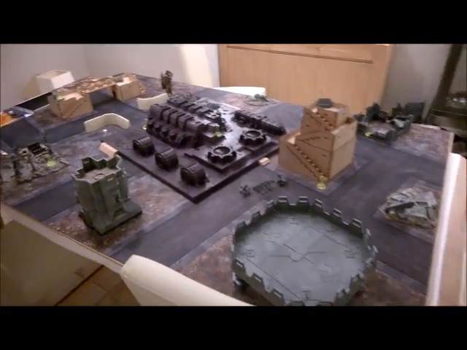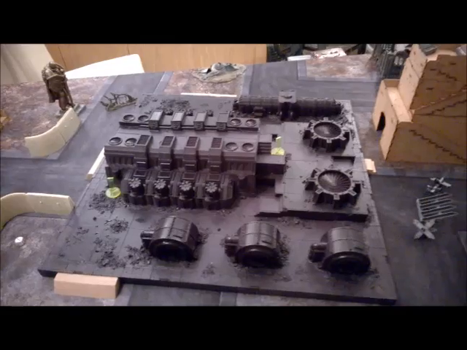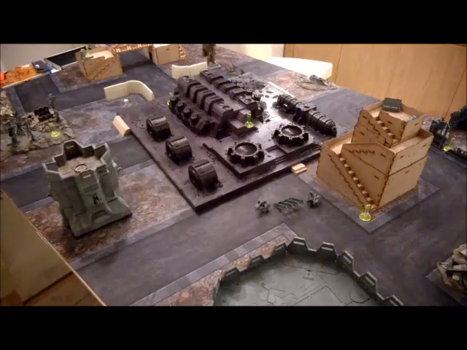We're playing at Paul's lovely new house today. He has got a table set up and he's got lovely new terrain. Look what he got for his birthday. It's a Forge World Manufactorum sector. That's right, yeah. Excellent. So, as usual, we have made up a special mission to use the new bit of